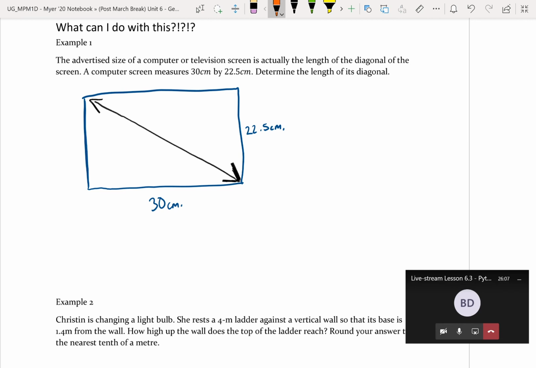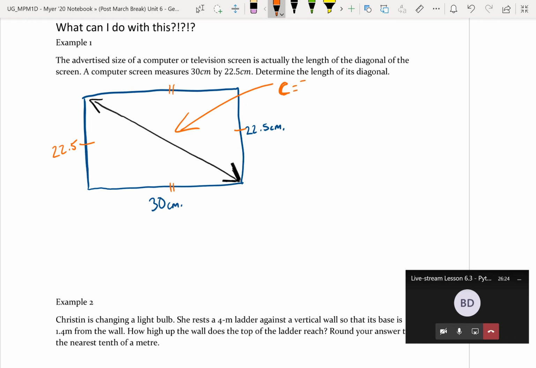That's the actual length of the screen, right? So we want to figure out what this is. So if that's 22.5, we can put that right here. 22.5, it's the same on both sides. And the 30 centimeters, the same on both sides. And we want to know what that is. So I'm going to call it